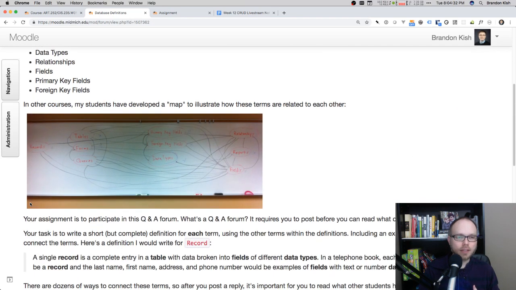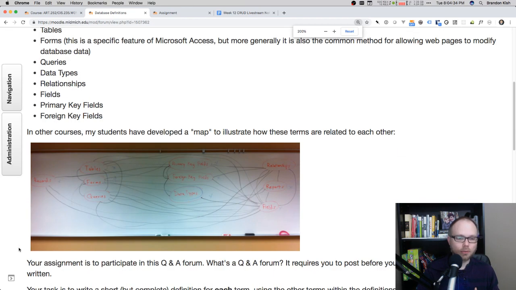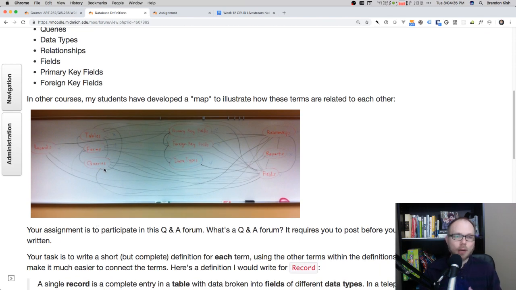When I taught this class face-to-face, I included a picture of what the result would be. I would write all of these words up on the board, and I'd have people come up with a whiteboard marker and connect a line between any two terms. As you can see, by the end of the night, as they connected each line, they would have to say how the two terms were related. Just like you're doing in this activity, you have to define each term by using the other words to do the defining.